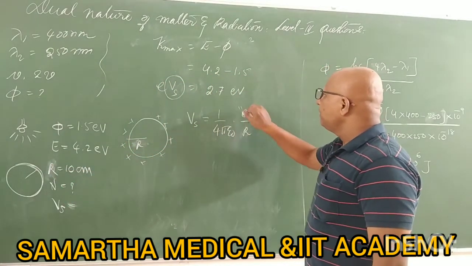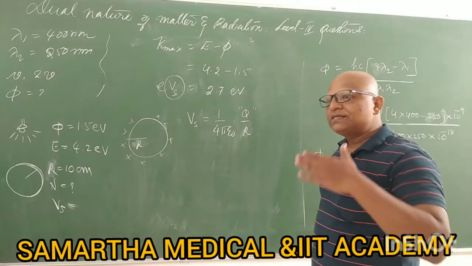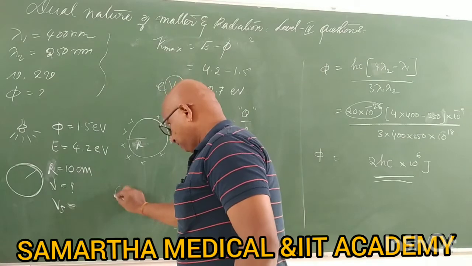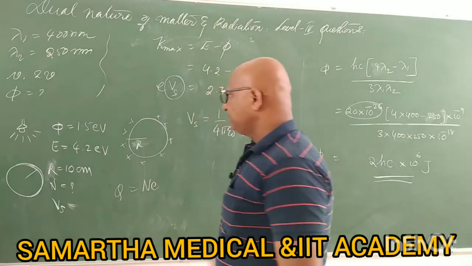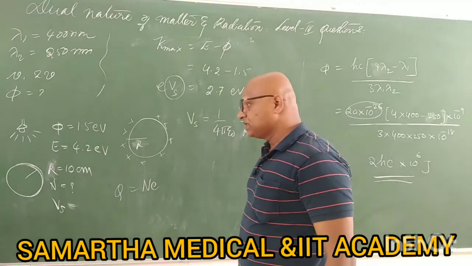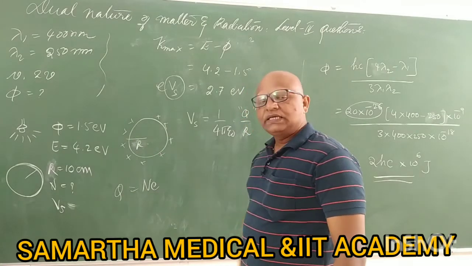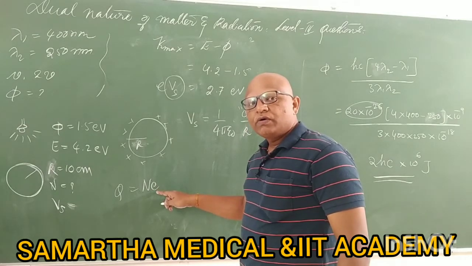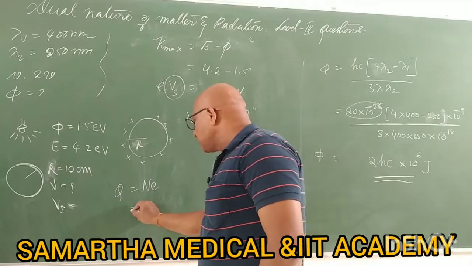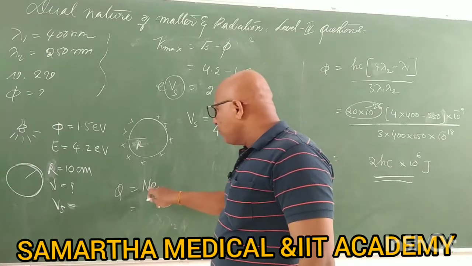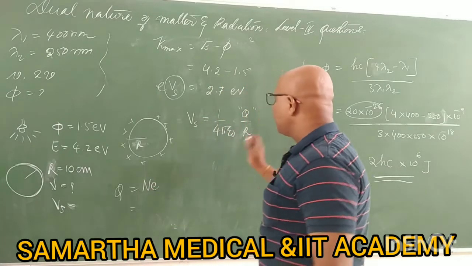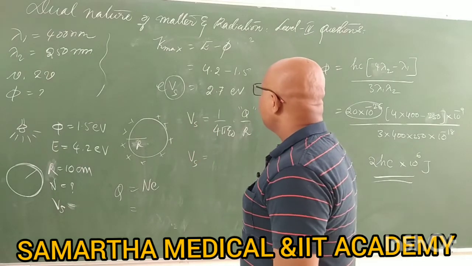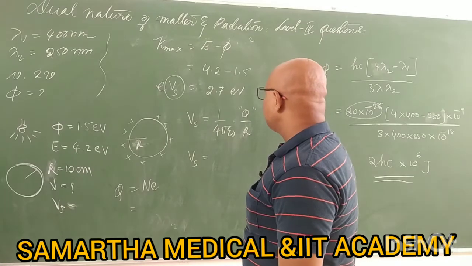Now Q, we would like to calculate how much charge is released. Okay, how much charge is released? See, Q is equal to NE. They are asking for the number of charges. Charge present over any charged body is the number of charges multiplied by the value of one electronic charge. So that is Q is equal to N into E. Now we want this N. We don't know N here. That's why we will write Vs is equal to, okay, Vs, can we calculate Vs?